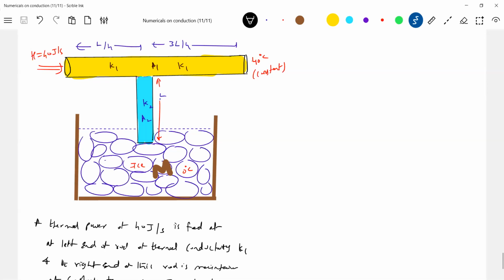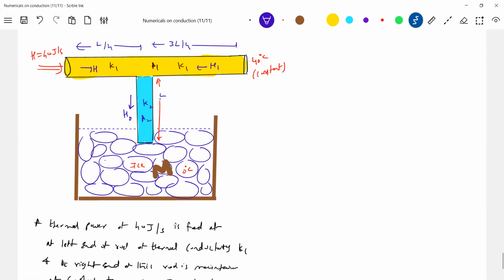So here what actually happens is it will receive H. Let it receive H2. From here, H amount of heat will flow. From here the thermal power, say H1. Don't write H equal to H1 plus 2; H plus H1 is H2 here. If you write 0 again, you'll get confused, so I'll write H naught. So what is H naught?